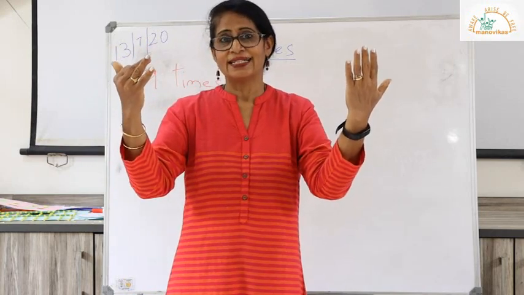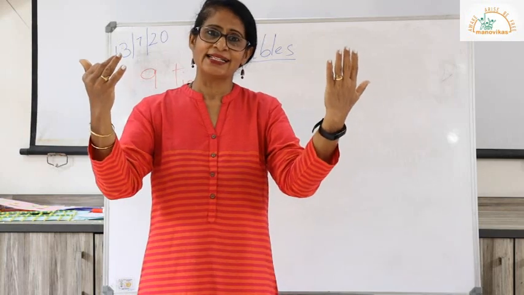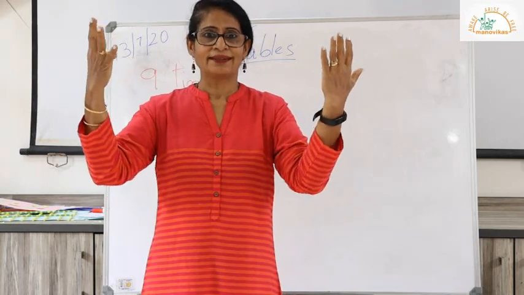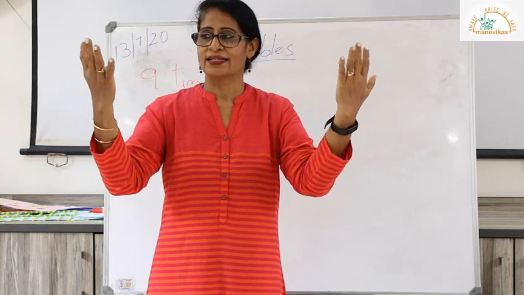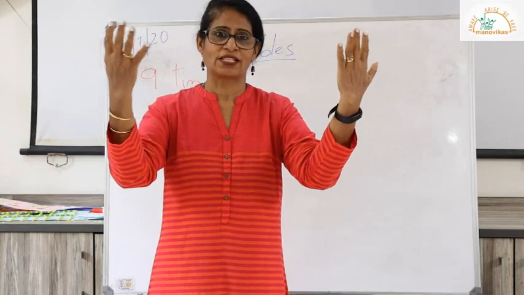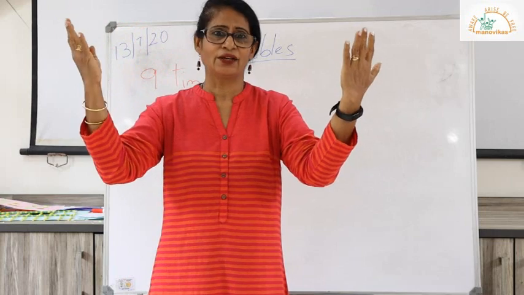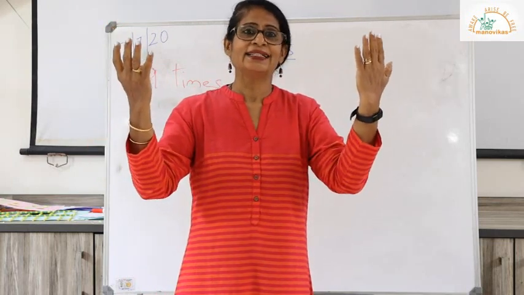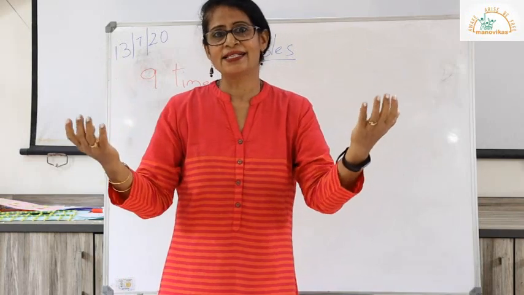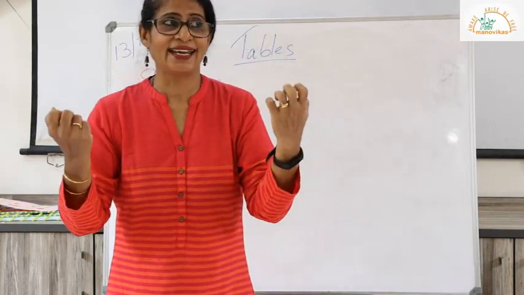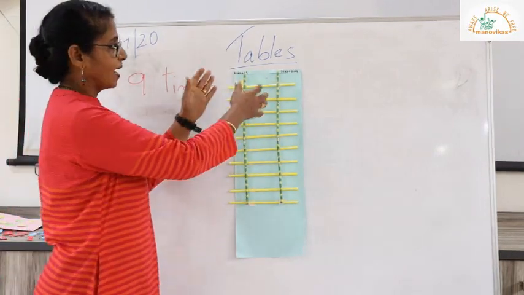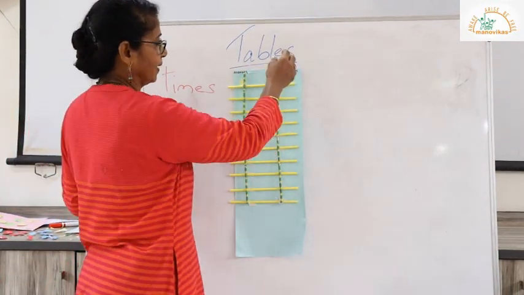So 9 nines is 81. I close my 10th finger and I find I have 9 towards my left and there's a 0 towards my right. So 90, and that is 9 tens are 90. Isn't it easy? Another way of learning the 9 times table is I have made a ladder and I have